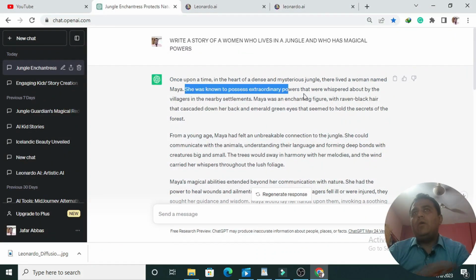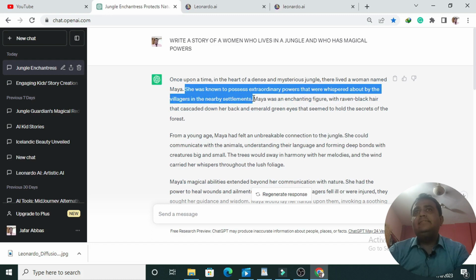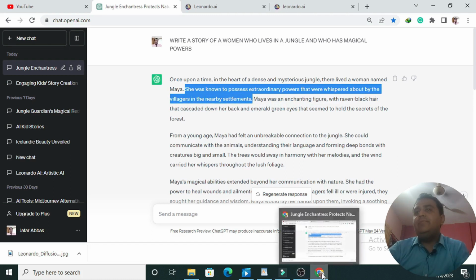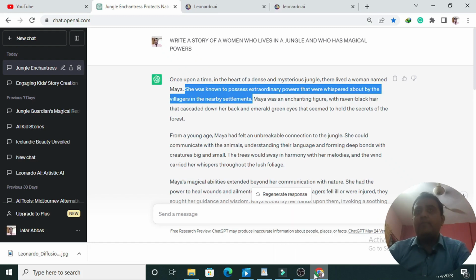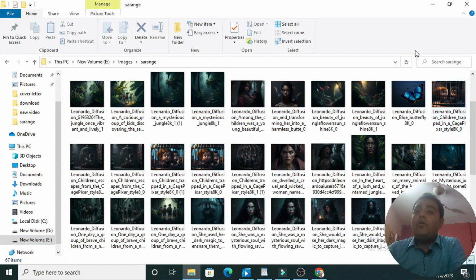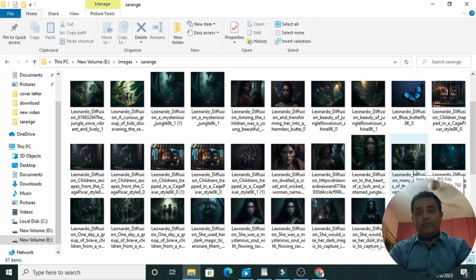And now I'm going to select the other lines, and so on. You have to create the images, and you will have to repeat the process till you have all the images required for your story. So now that I have generated all the images which are required for my story, after we have downloaded all the images, let's animate them.